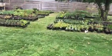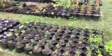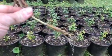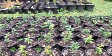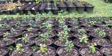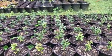And then I would put them in 1-gallon pots around August or September. And then what happens is you have these little baby cuttings in these big pots all by their lonesome, sitting out in the winter, and they're just more susceptible to freezing and not doing well through the winter. So what I found out last year, which worked out really good, is when you root them same time of